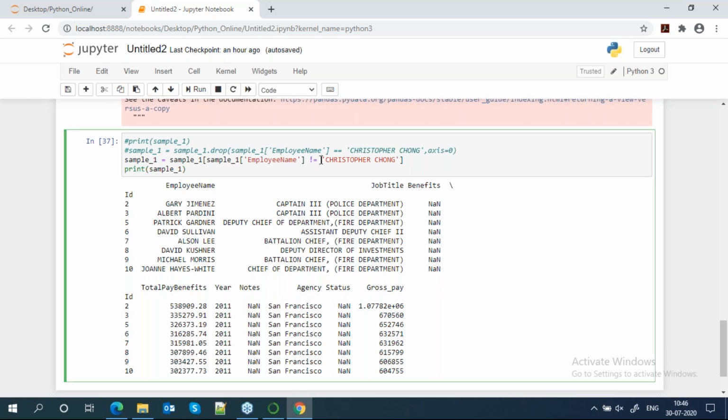Not equal to, like David. So it could be David or Sullivan. How do we do that? We have some other parameters that are also similar. We have some more parameters there. So we will go slow by slow. We have a lot of data frame operations.